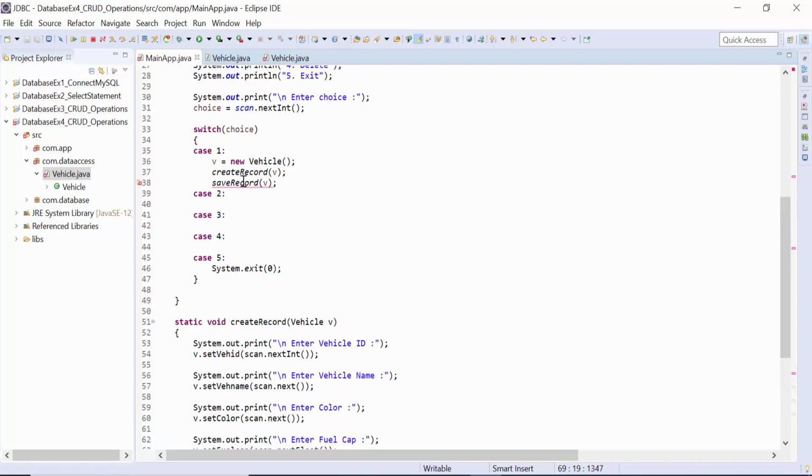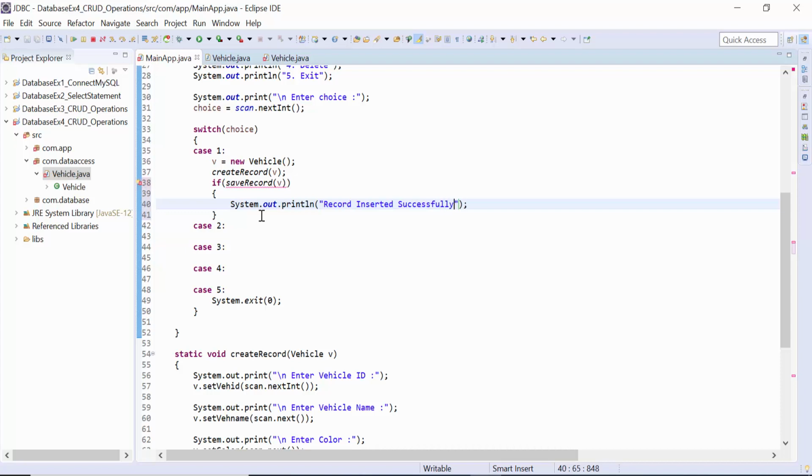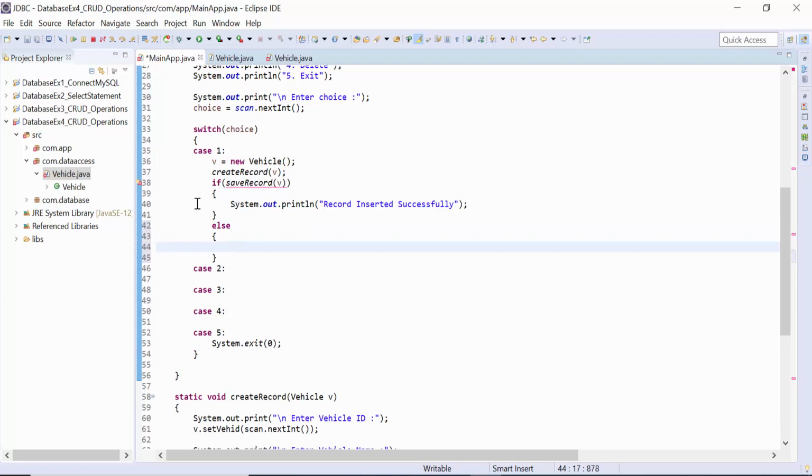Because when I call the saveRecord function, if it returns true, then I can write System.out.println record inserted successfully. Otherwise I go to the else part, and there I write System.out.println failed to insert record.